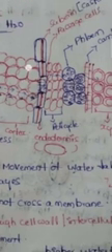The cortical cells are loosely arranged, and between them there are intercellular spaces. So this is an intercellular space. These spaces, the cell wall, all these structures are going to help us in understanding this process.